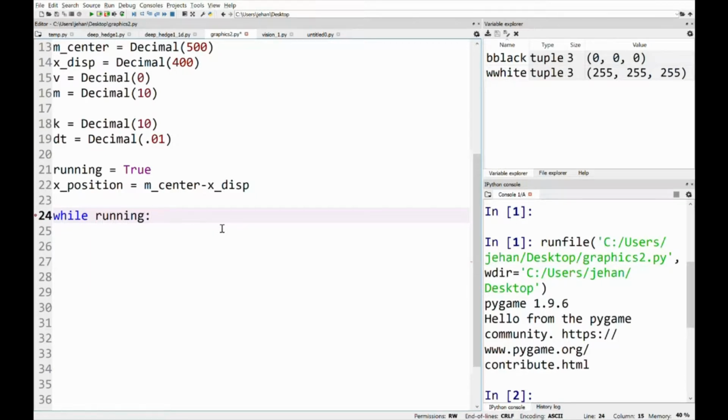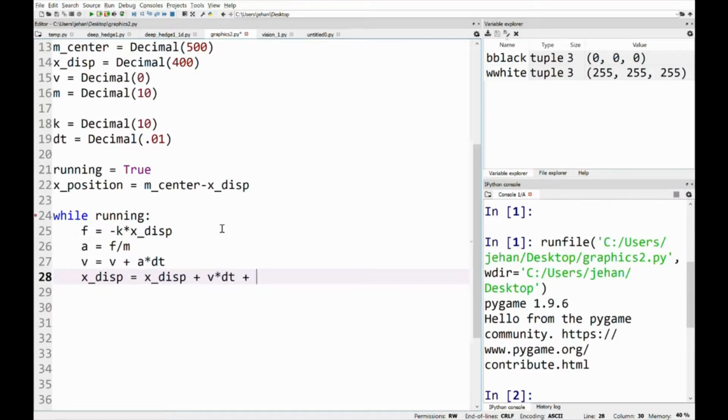So while running, we know F is equal to negative k times the x displacement. And we know acceleration is equal to F over m, and v is equal to v plus a times delta t. And the x position is equal to the old x position plus v delta t plus decimal